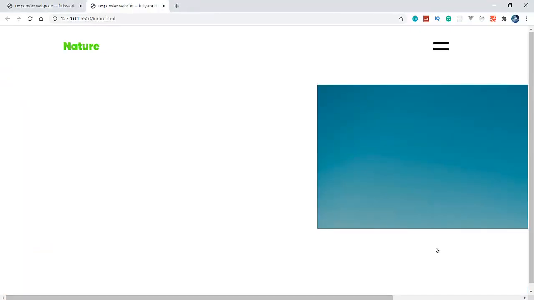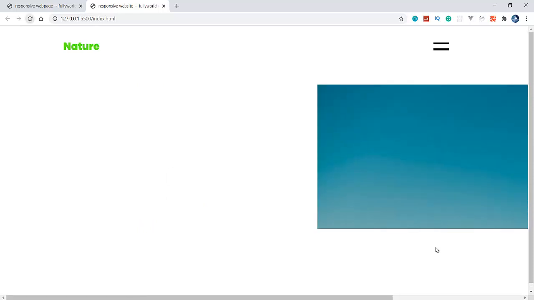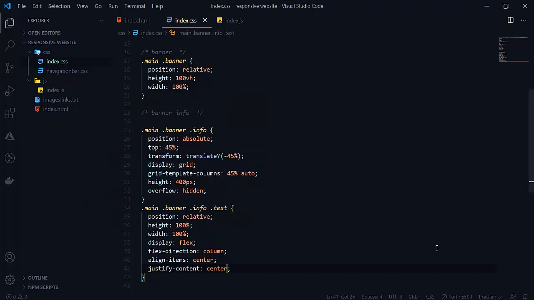Now where have they gone? Our grid system is not working.